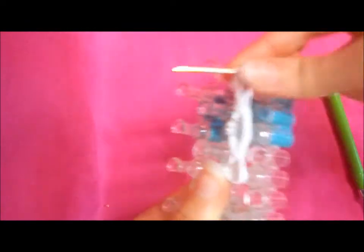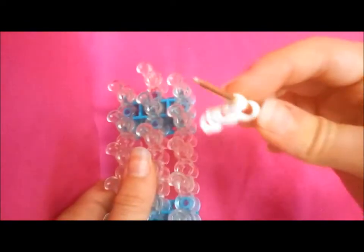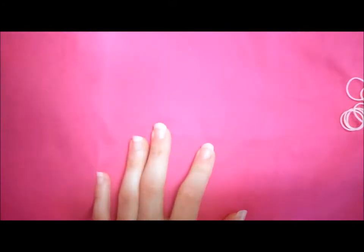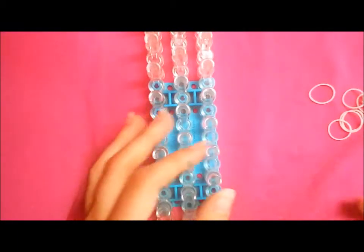Grab a toothpick or whatever you're going to use to hold things and take off the tail. And then for her bow, there's a couple ways I can think we can do this. I'm going to make it on the loom just because I am using silicone, the pinkish bands color, and the silicone bands,